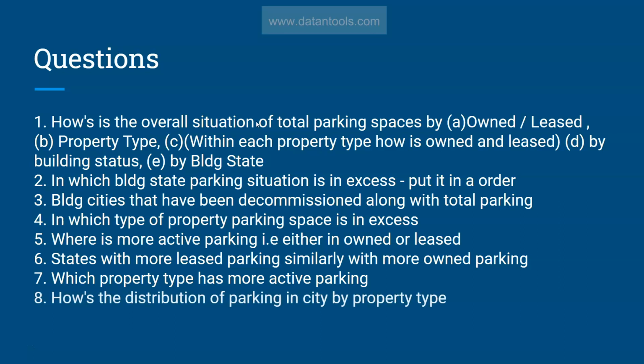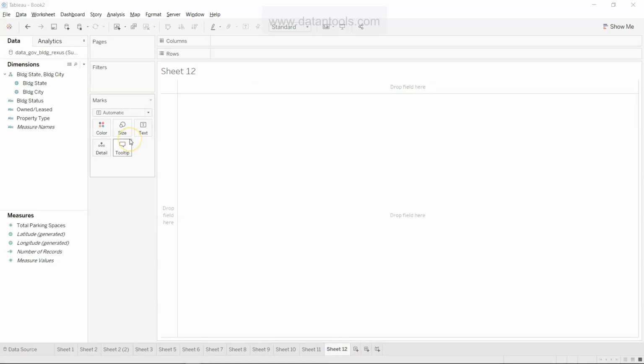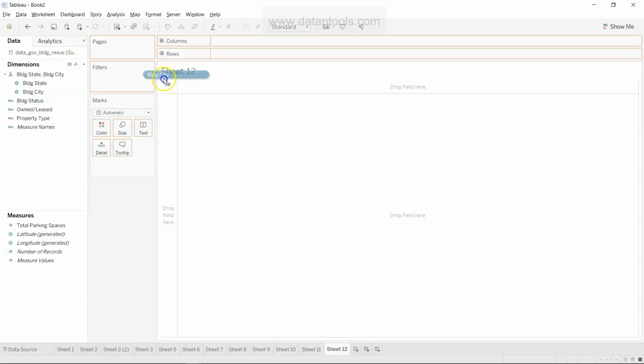And then after that, how's the distribution of parking in the city? So it looks like a very statistical question. How is the distribution of parking in city by property type? Okay, so let's go ahead. City, parking, and property type. All right, building city,